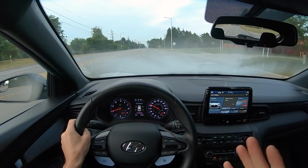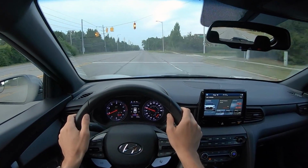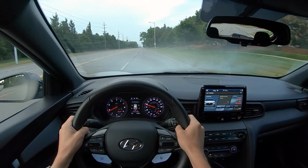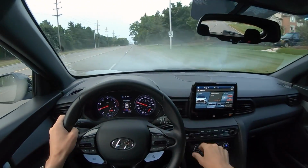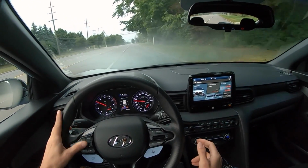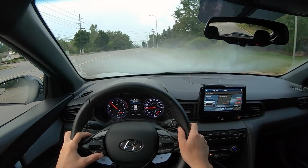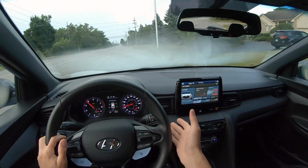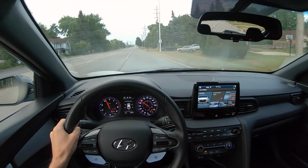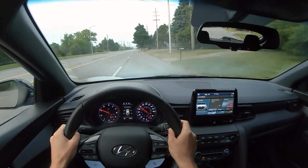So right now we're in custom mode, so we've got a little bit more of an aggressive exhaust. The reason I've been driving in this a lot is just it sounds good. It sounds proper. It sounds like a proper hot hatch. You've got the rev matching, which works incredibly well, but if you put it into normal and you turn that off, you can still heel toe very easily. You can downshift very easily, and